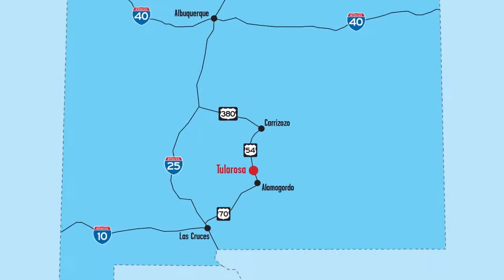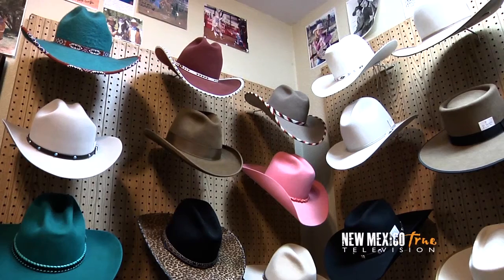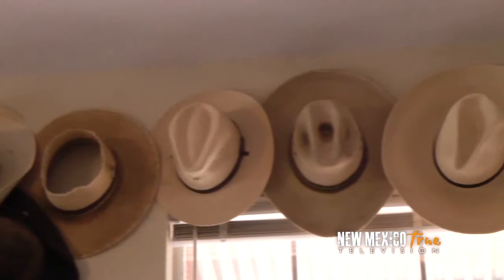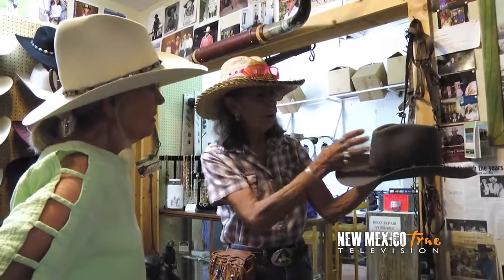80 miles northeast of Las Cruces off US 54 in Tularosa, you will find Bronco Sioux Custom Hats. While the new hats on display show a range of possibilities, old hats adorn the walls on high. They're signs of wear akin to a badge of honor. We've all heard the saying they don't make them like they used to, which holds true in most places, but